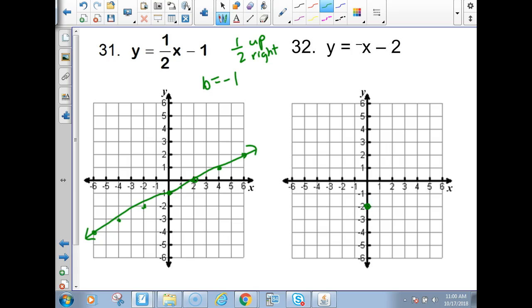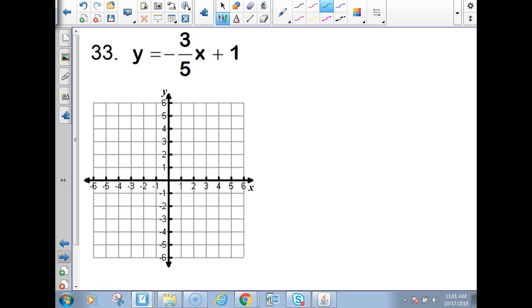This one, start at -2. The slope is -1, so you're going to go down 1 and right 1. I think a lot of you must have gotten ahead of me. I had planned on starting the next sheet about slope, but